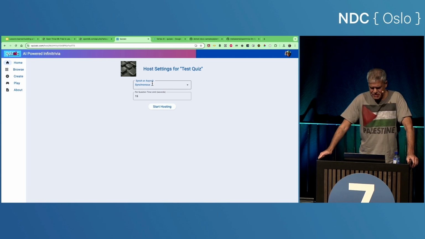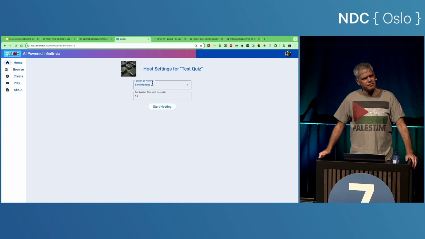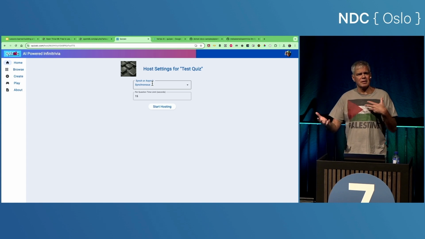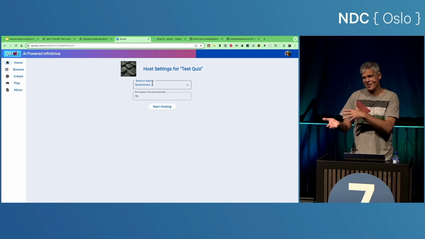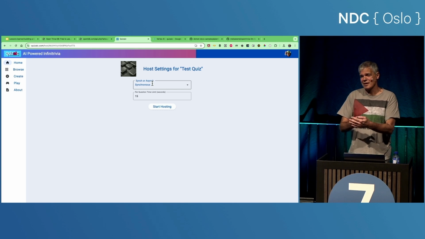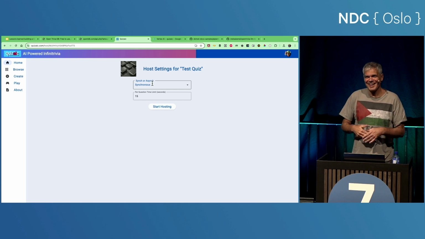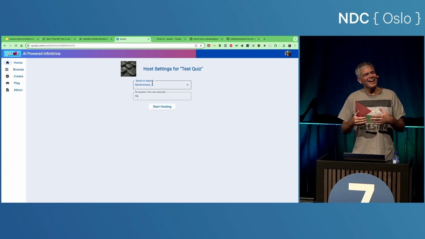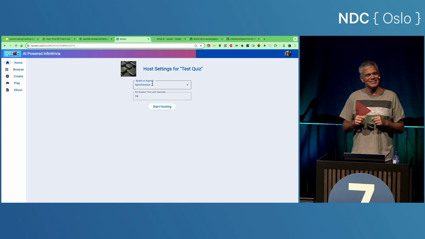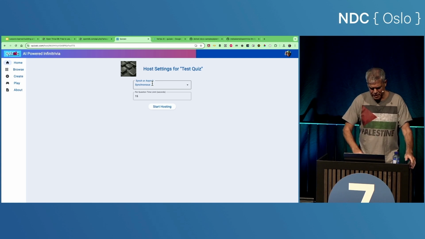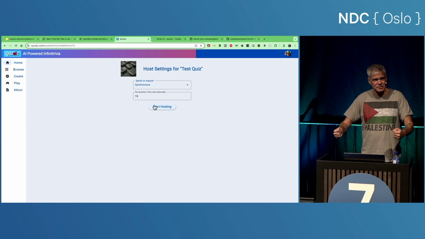Here I get an option to do a synchronous or an asynchronous quiz. What's the difference? An asynchronous quiz means players can play it any time they want and can advance the questions from their player experience. The use case for this, again, go back to a teacher. It's Friday at the end of the week. We just studied metals, and we want to give our students a little quiz during the weekend. So we do an asynchronous quiz, and the students can do the quiz whenever they want, and we'll tally their results, and they can advance through it as they like. But today we're going to do a synchronous quiz because we want to have a competition, okay?